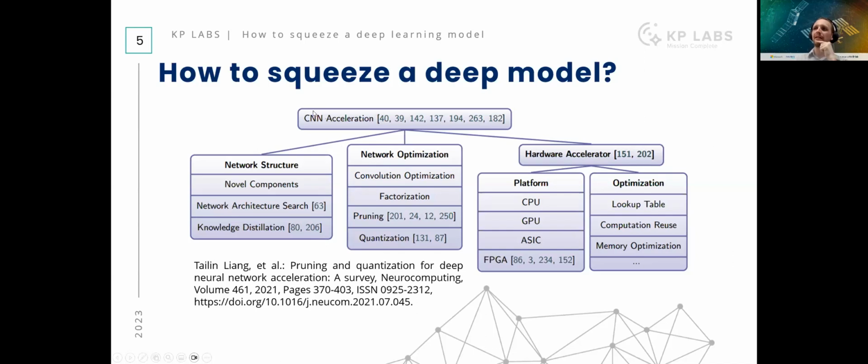If we look at the left-hand side of the slide, we'll see that we could use, for instance, neural architecture search, where we adaptively design the architecture to fit. So this could be compact, very small in terms of memory consumption, or fast in terms of